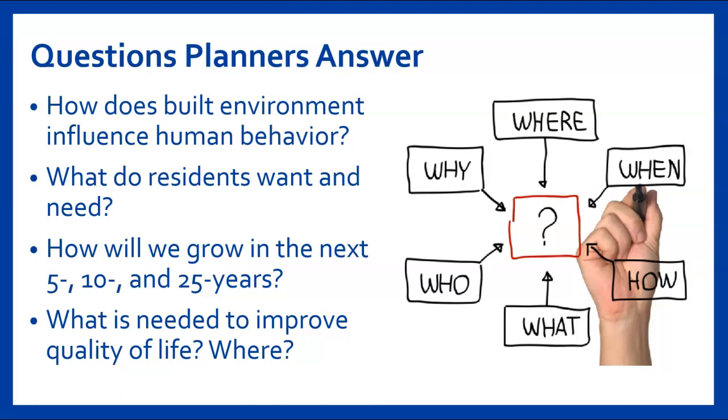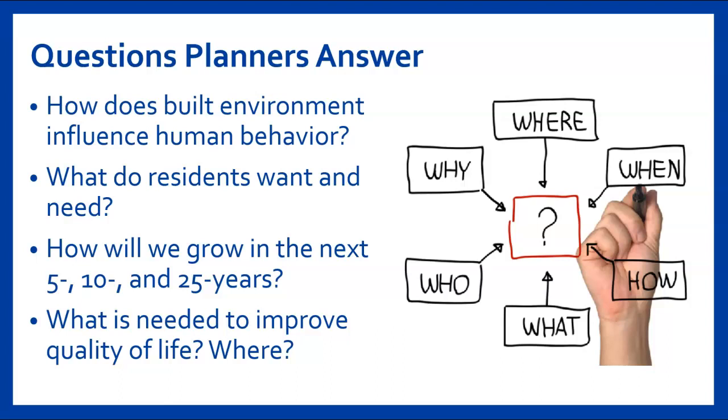Planners answer many questions. We're really looking at who, why, when, where, how. We're looking at how our built environment influences behavior. For instance, if I'm designing a roadway network and I want to put my pedestrians and my cyclists on low stress roads where vehicles aren't driving fast, I would maybe improve and enhance the sidewalks in that area to encourage people to use those. But maybe that's not really what is happening. So you have to look at how human behavior is, what the land uses are, and vice versa, and really see what is the best mix and how do we create this quality of life.